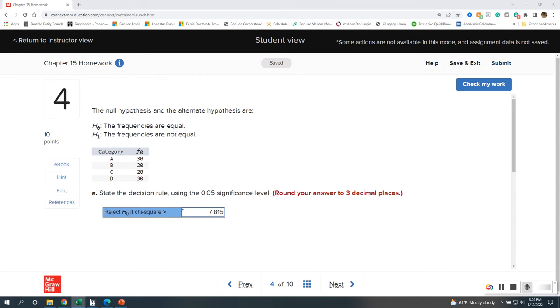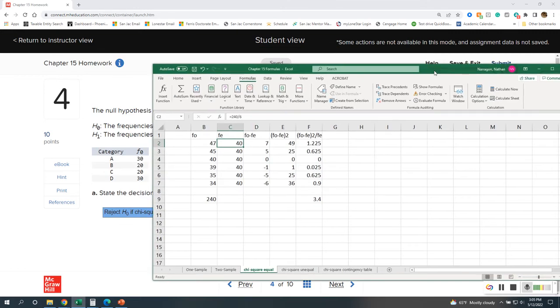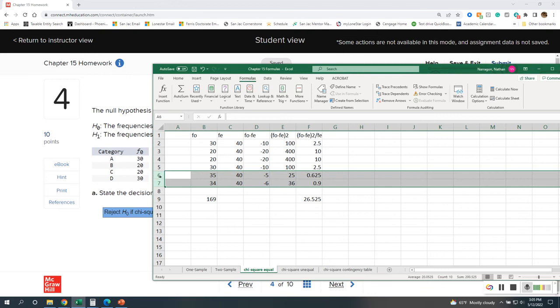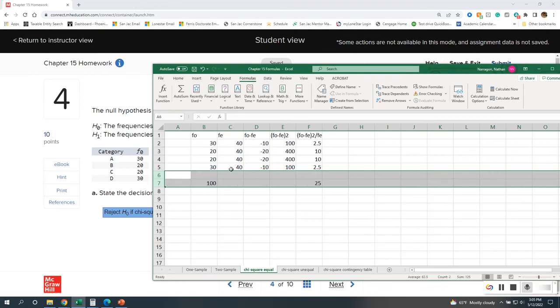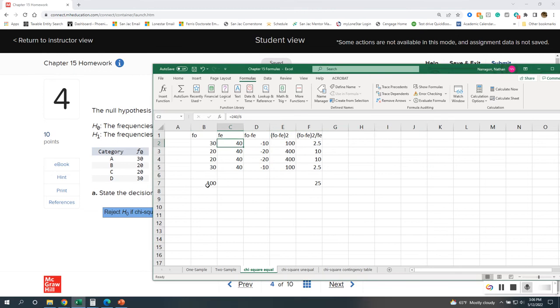We're looking at equal. So this is computed out as so. So we may have to modify what's in Excel, but we're also still using the table. So let's put in our frequencies: 30, 20, 20, 30. We are not using these two, so they're going to be removed. Okay. Here, since we only have 1, 2, 3, 4, we're going to change this